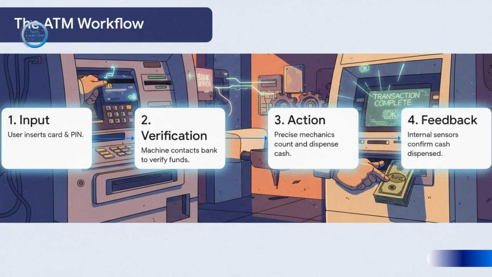And, crucially, look at step 4, it has internal feedback loops. Little optical sensors confirm that every single bill was dispensed correctly. If a bill gets jammed, the system knows. It logs an error, and it goes into a safe mode. It's a masterpiece of automation. But, and this is a really critical point we're about to get into, it is not a robot.